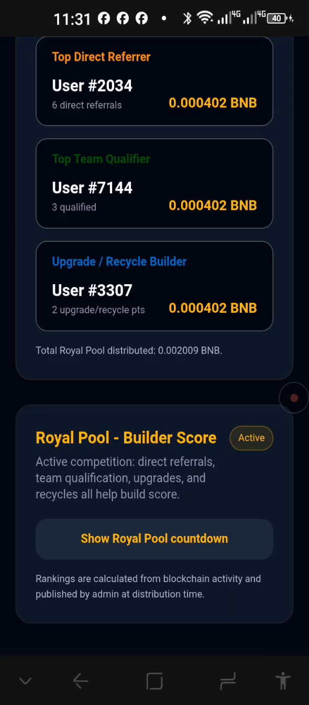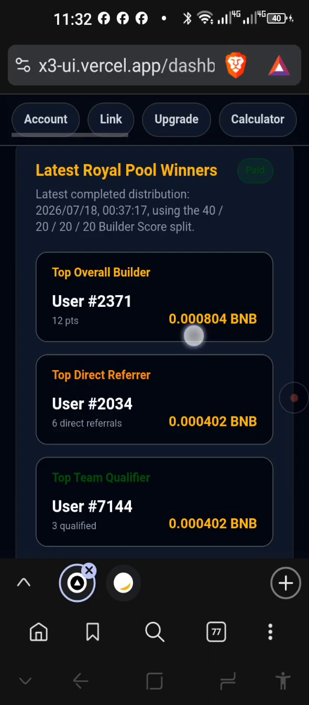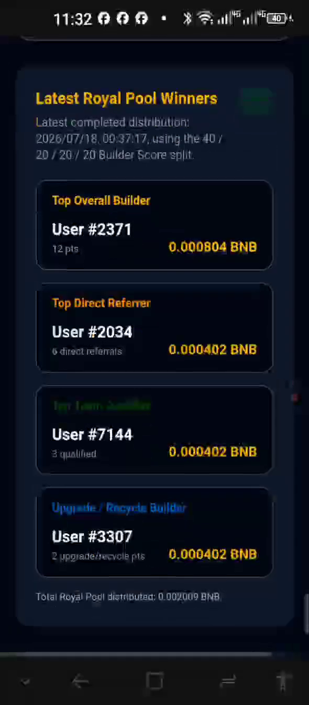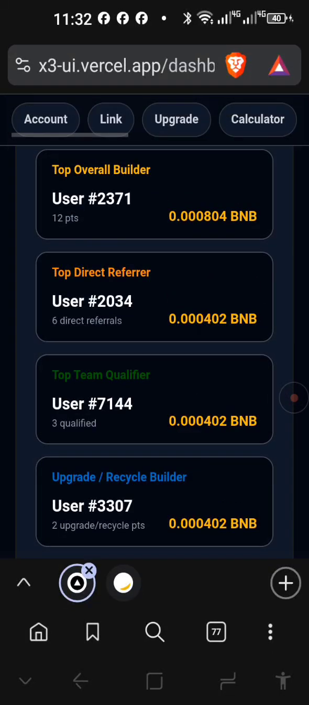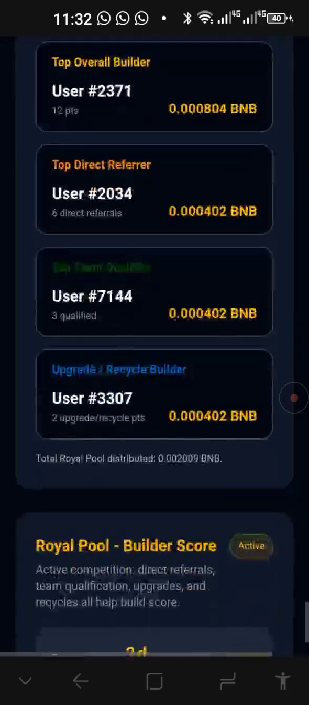Right, and then the royal pool, you can view the countdown here. It's 2 days left, so today's Wednesday, then Thursday and Friday evening, midnight, 12 o'clock South African time. You can see it's counting down. It will come to 0, and then this smart contract will show the winners automatically, right, and the payouts will be done. This is the only thing that is paid out manually,